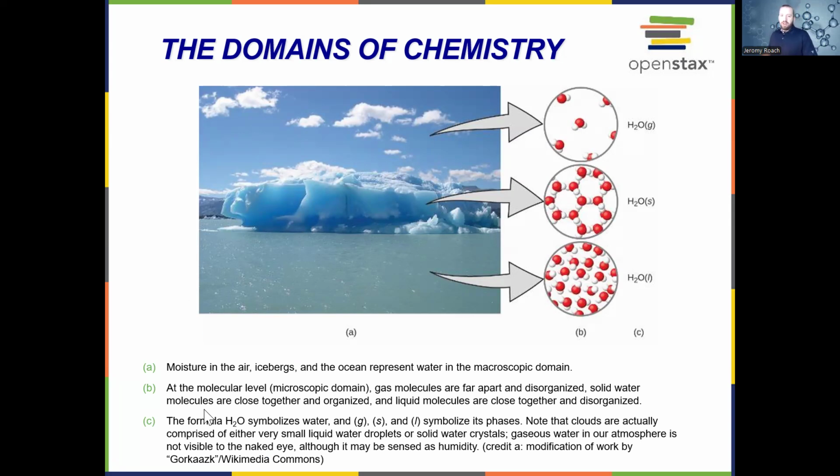So moisture in the air, icebergs, and the ocean, they all tell us water. These are all water molecules, and they're in the macroscopic domain. So the water can exist as a gas in the clouds. It can exist as a solid in the ice, or it can be in liquid form. So that's all macroscopic domain. But at the molecular level, microscopic domain,